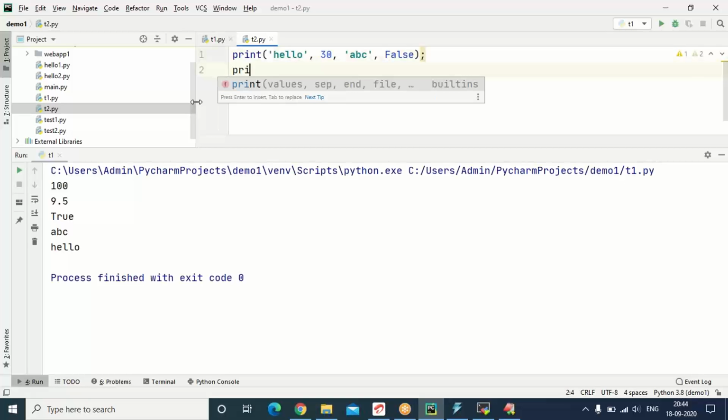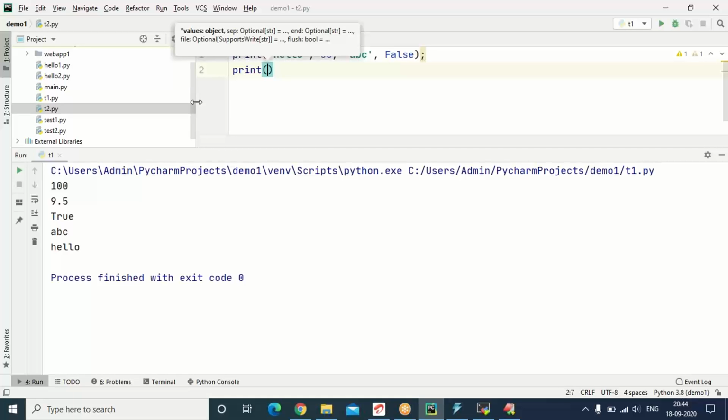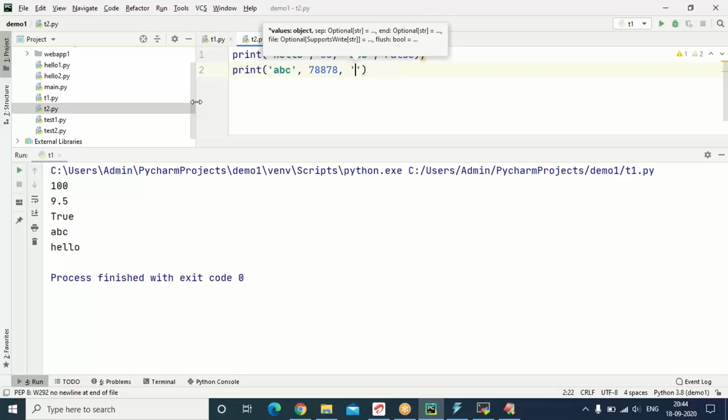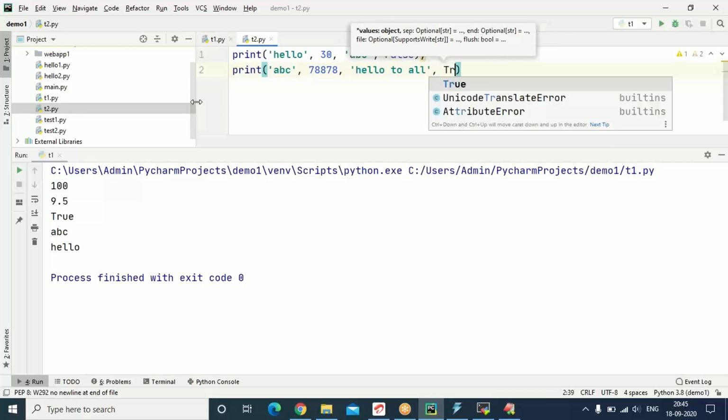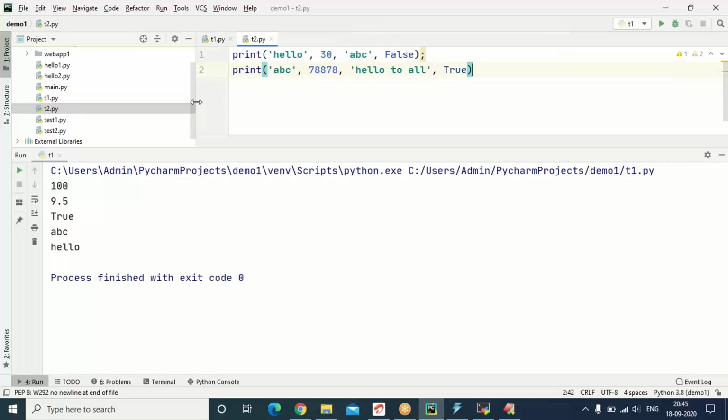If you want to print some more in the next line, go for any type of literal. I'm just providing two print statements. Print statement, that is print method, can take any number of arguments.